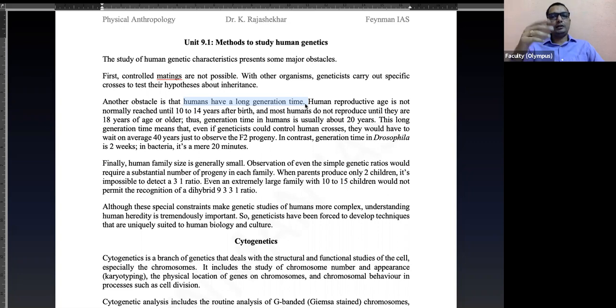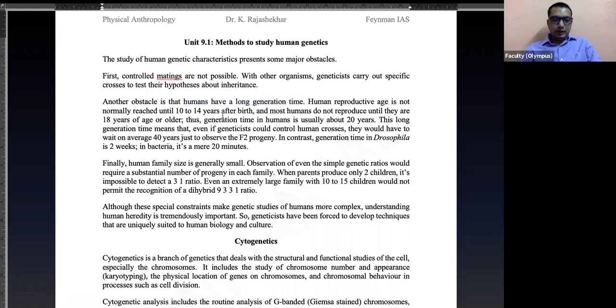Same thing if you take plants, few weeks to few months, we get the next generation. In about 2-3 years, you can actually figure out the concepts in them. Drosophila is also the same thing. Few days to weeks, they survive. It's easy to perform experiments and make proper observations, but not possible with humans. They have long generation time.